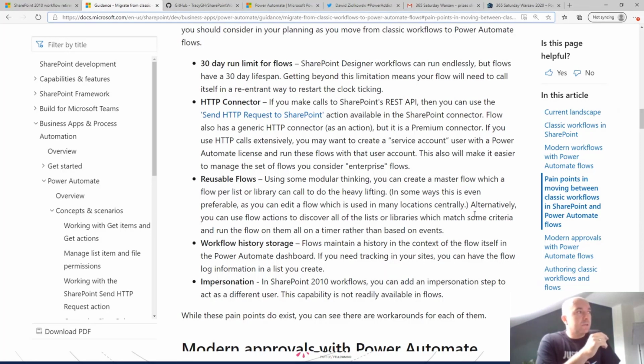First, there is a 30 days limit of the flow execution. So after 30 days, your process will time out and it will stop working. The Workflows 2010 don't have such a feature. And I didn't mention that so far, but it is strongly connected with the architecture that the Workflows 2010, maybe